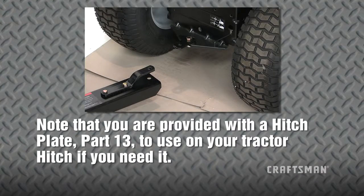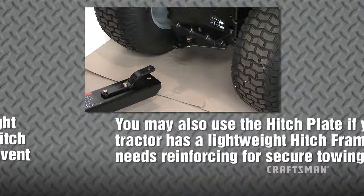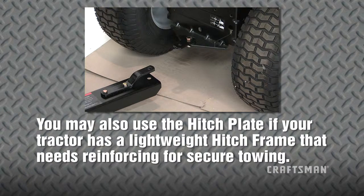Next, note that you are provided with a hitch plate, Part 13, to use on your tractor hitch if you need it. If your tractor has a square or straight hitch frame, you should attach the hitch plate to the tractor hitch to help prevent binding. You may also use the hitch plate if your tractor has a lightweight hitch frame that needs reinforcing for secure